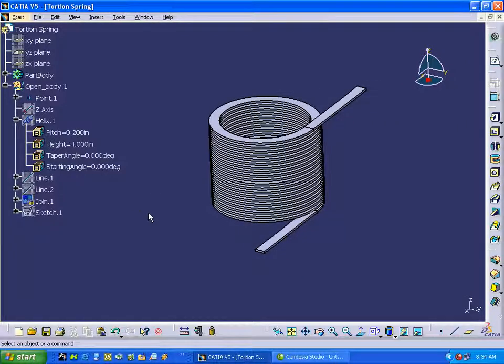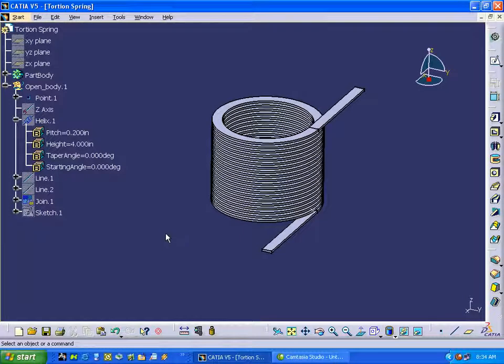Anyway, this little video concludes how to use generative shape design and part design to make a little torsion spring